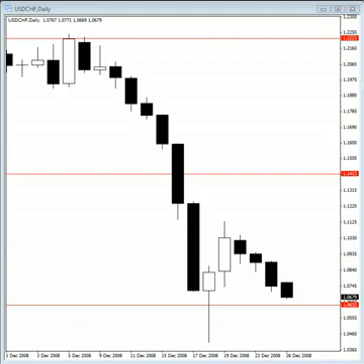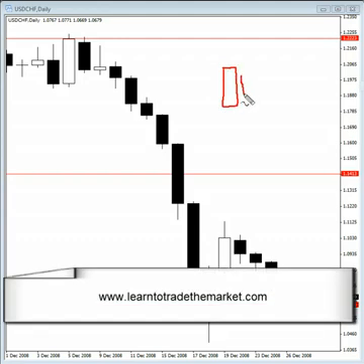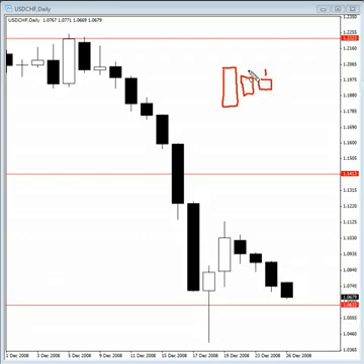I'd like to introduce you to the concept of inside bar trading. For those of you that don't know what an inside bar is, I'll quickly draw it for you on the chart. It's simply a bar that forms inside the previous bar's range. Example, this bar here and this bar here would be inside the mother candle, this bar here being the mother candle. So if we look at a chart and identify these inside bars, we can trade them and make profits